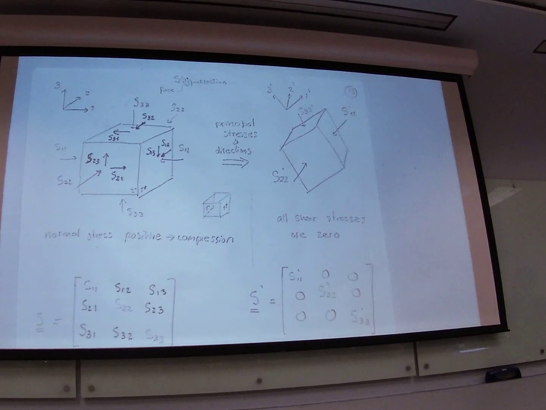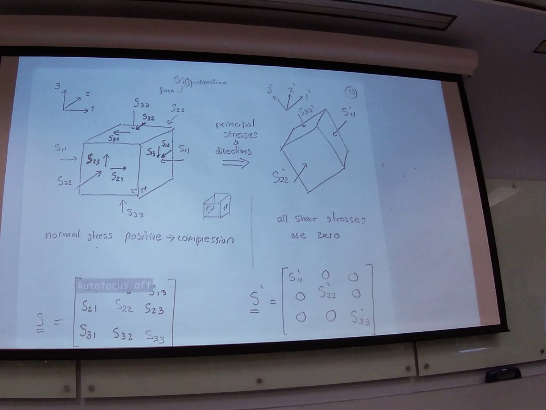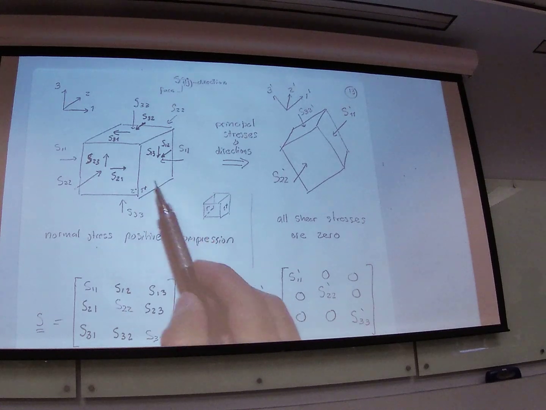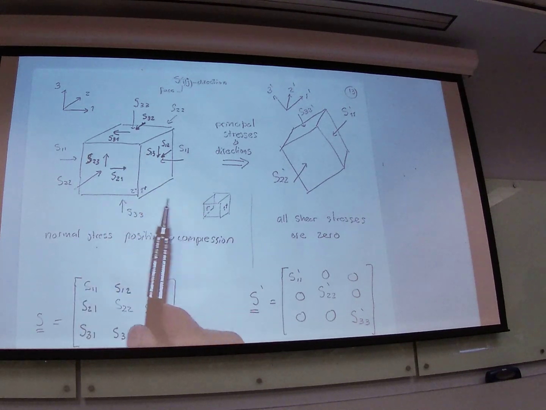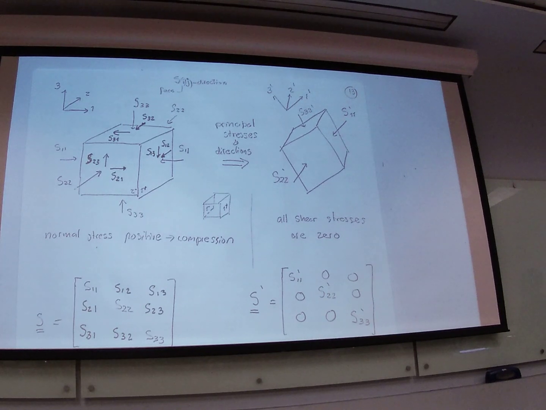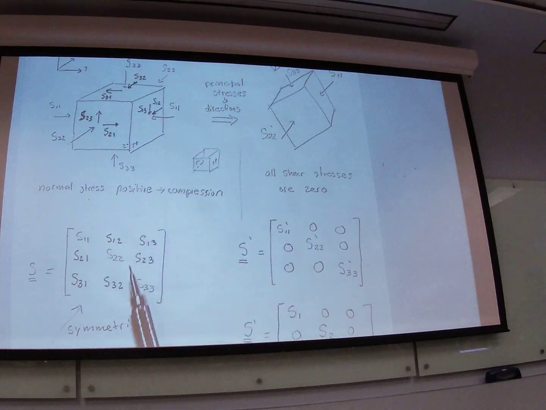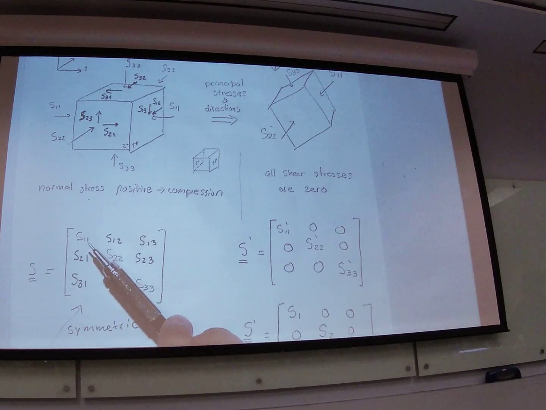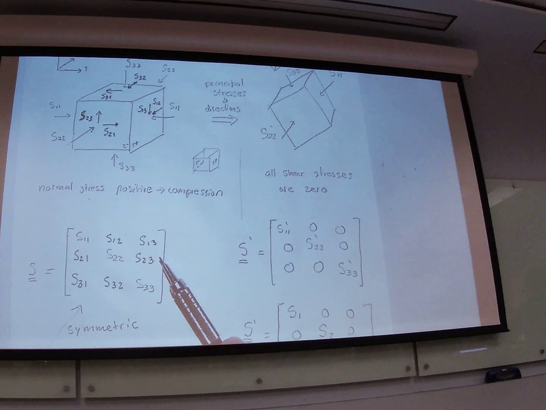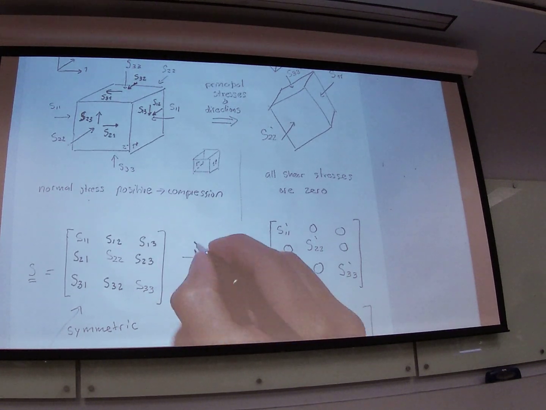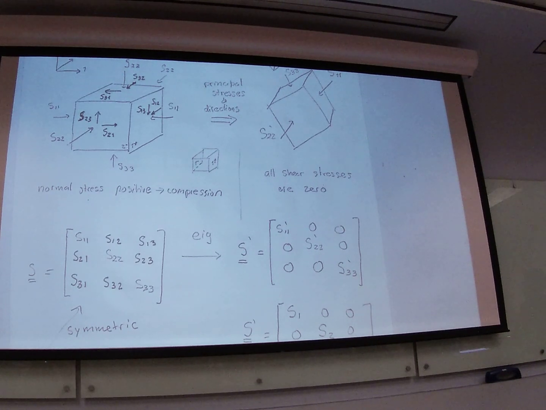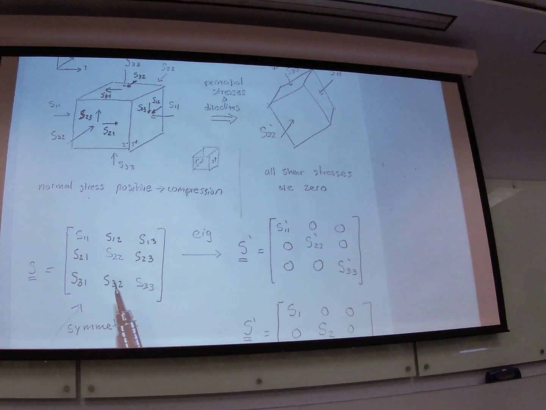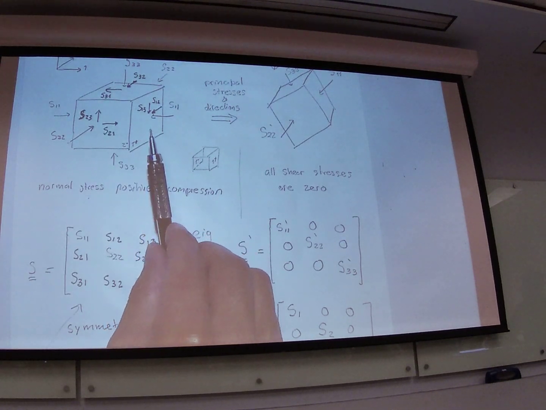Now we know that in 3 dimensions, we're going to have 3 normal stresses and shear stresses, which are going to be 6 different stresses. And you're going to have the same on the other side of the cube. We said that we can write that stress tensor, this physical representation, into a matrix, and it looks like that, with normal stress on the diagonal and shear stress on the off diagonal. And if you calculate the eigenvectors of that matrix, you're going to get what are called principal stresses. As long as your matrix has real numbers and it is symmetric, which is going to be the case of all real stress tensors,